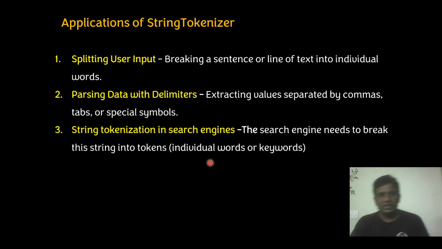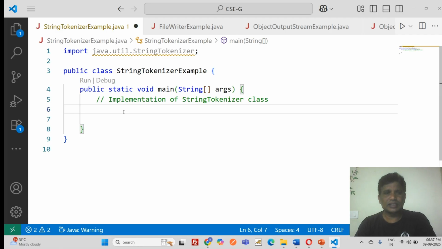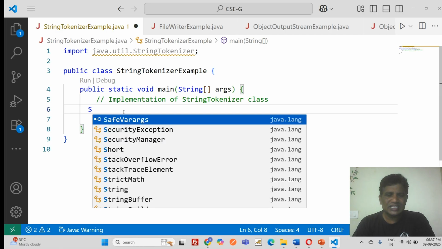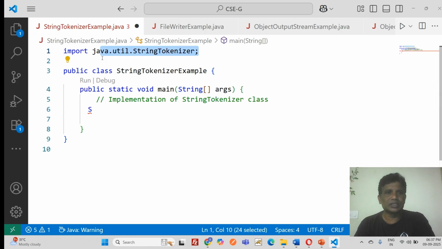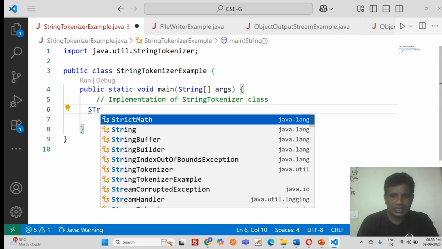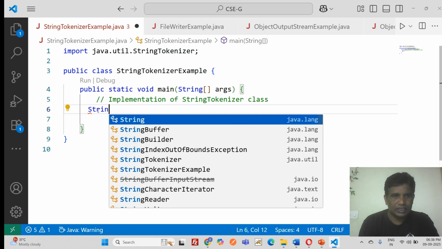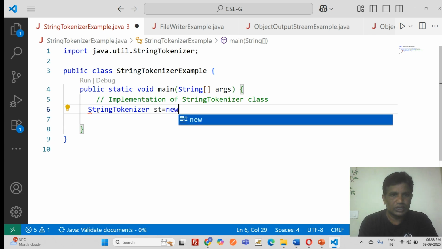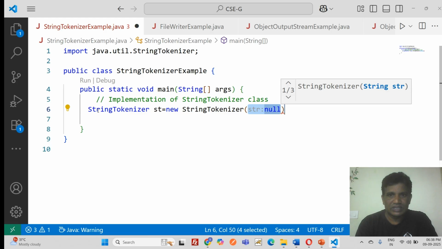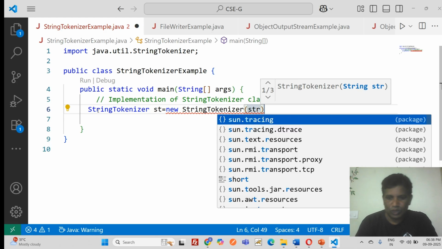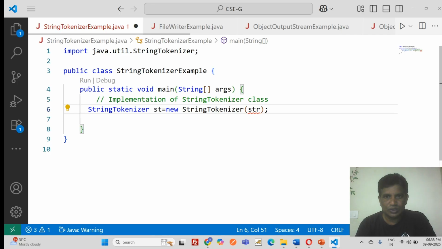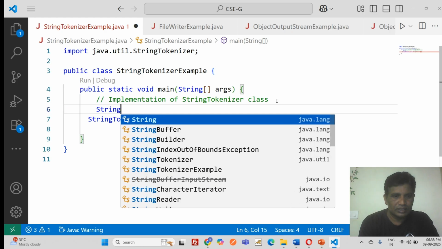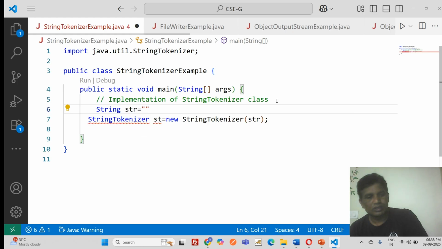Let me explain the string tokenizer class practically. I'm going to implement the string tokenizer class. Before you use it, that class must be imported. Now I will use the StringTokenizer class, then a reference variable name equal to new StringTokenizer, then whichever string is there. I want to declare the string before I use the class, though directly you can write the string here too. Then I declare separately String str equal,